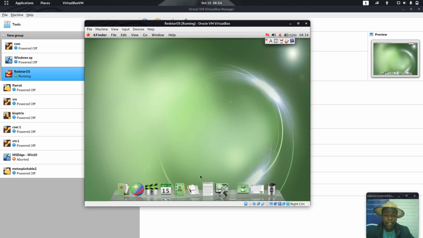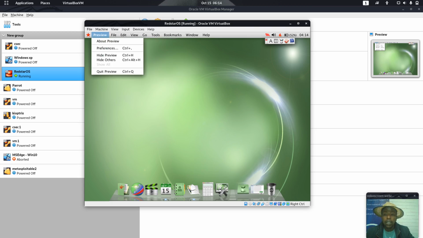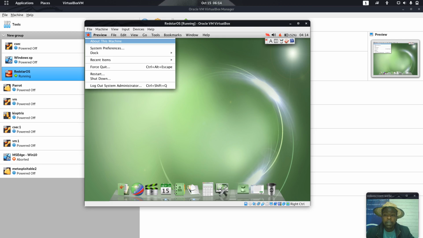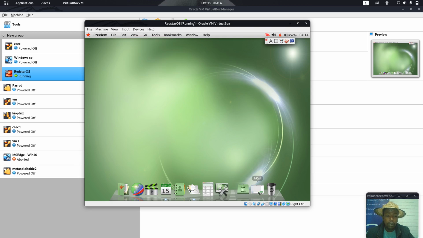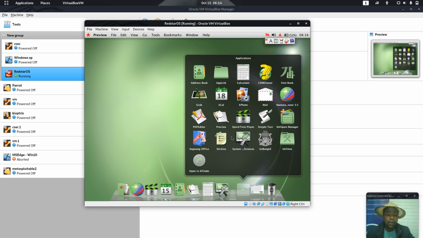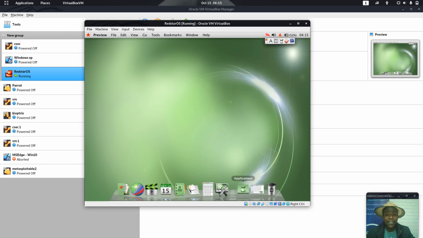So let me, okay, let's check here, or let's go to tools. Okay, quick preview. No, I don't want this one. System preferences for script, logout administrator. Okay, so I just wanted to come to this place. So let's come to K photo. You see, we have even the mail. If you can go to mail help, then you will see that some of the things are taken directly from Apple. So if you can come to K photo,